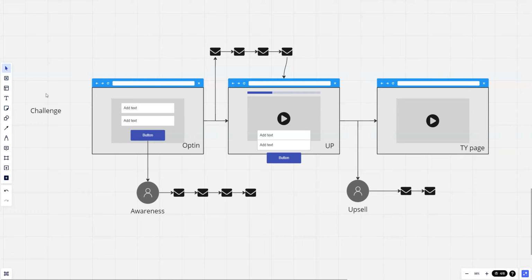We're going to talk about the strategy behind building a challenge funnel. Now, I know that a lot of you guys are course creators or coaches, and you have experimented with webinars and courses, and you are really excited about challenges. And it's actually something to be excited about, because it's a way that you can really build a loyal audience that not just loves you and your product, but also intends to buy, right?